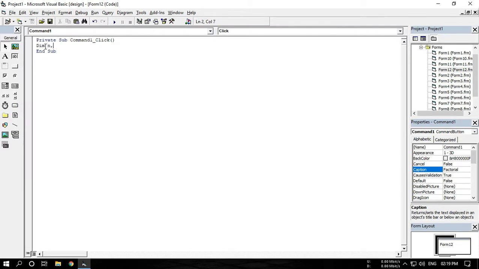I'm gonna write Dim n, f, I as integer. f is equal to 1, n is equal to Val of text1.text. For I is equal to 1 to n, f is equal to f multiplied by I. Next,